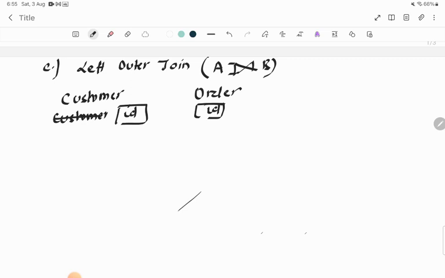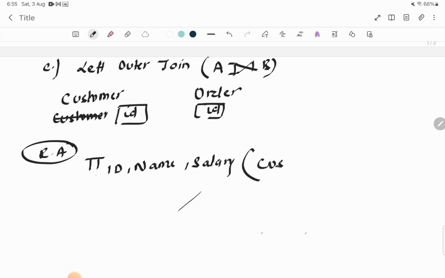I'm not going to explain in detail, I'm just going to write how this relational algebra is written. Suppose you want to display the ID, name and salary of customer, so project ID, name and salary from the customer table. And then it is